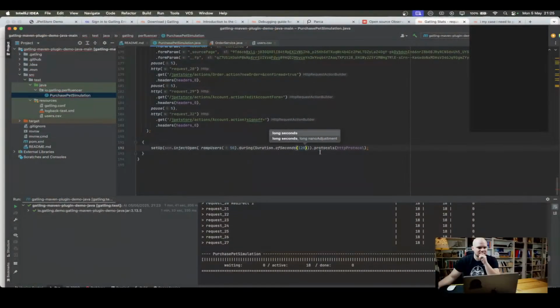Interesting. Interesting. So we have a duration of ramp. Okay, this is the ramp up, and I think I can just